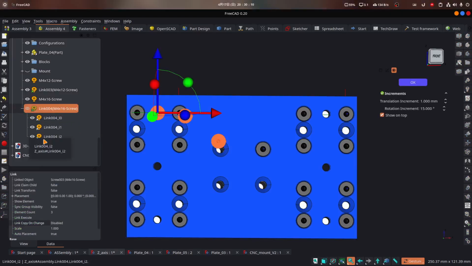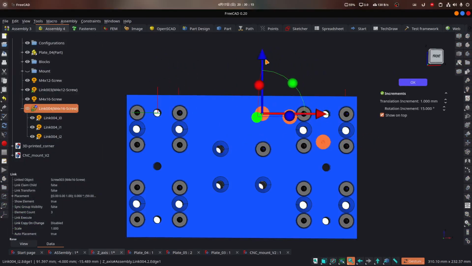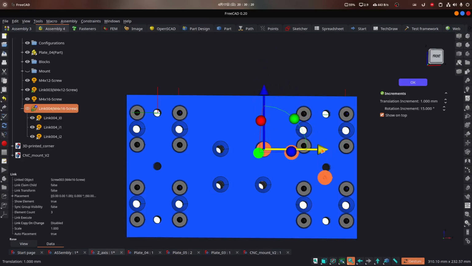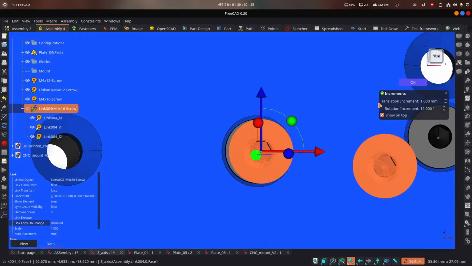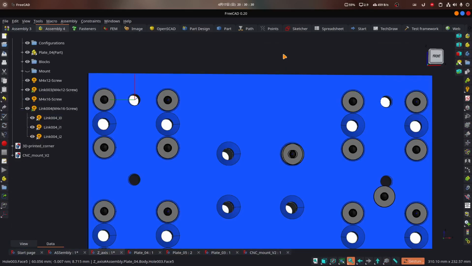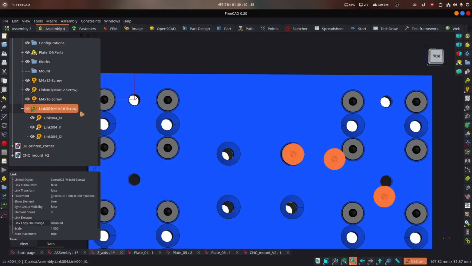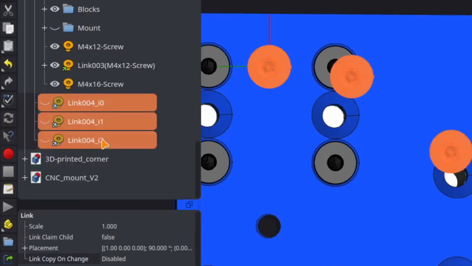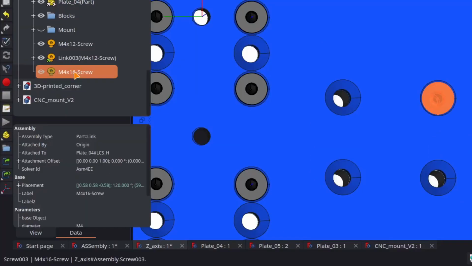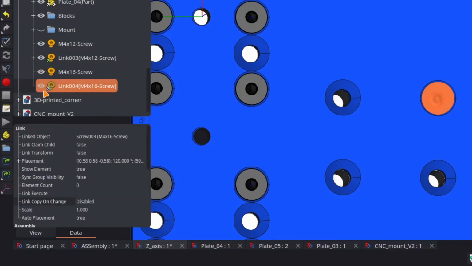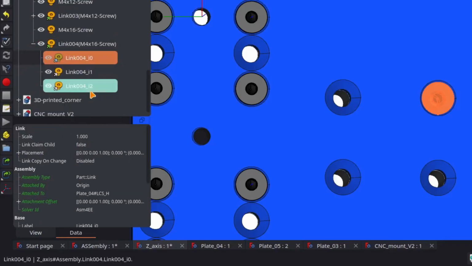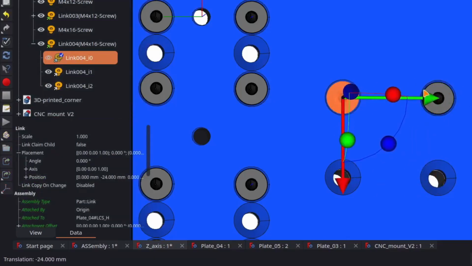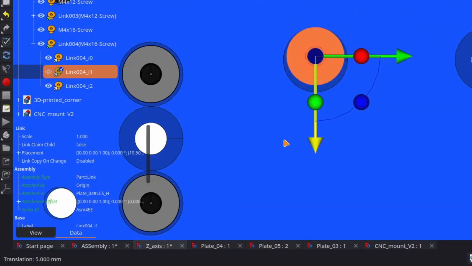As you can see, the position of the links is not in the new position of the screw. So the best thing that we can do is to delete the links and create new ones. Now we will create 3 new screws that will take their coordinates relative to the main screw that is already in its correct position.